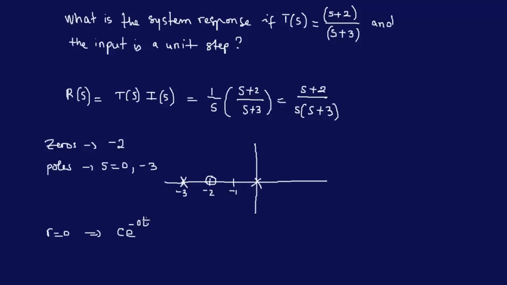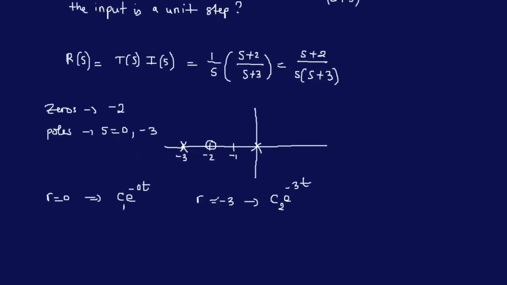And then, we only worry about the poles, so the pole at minus 3 is contributing a constant, let's call that c1. You can find the constant if the problem is pretty straightforward, but they could have given us some other requirements for us to find c1. In this particular case we don't have to, so we can just call the constants c1 and c2. So we have c2 e to the power minus 3t, and as such, therefore, the total response